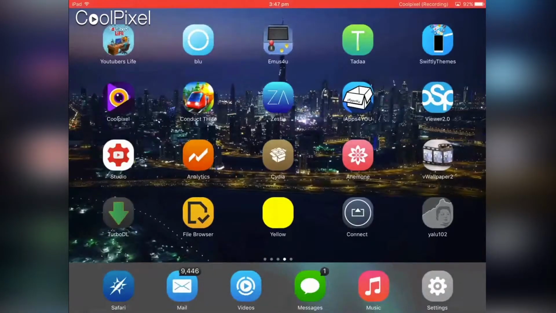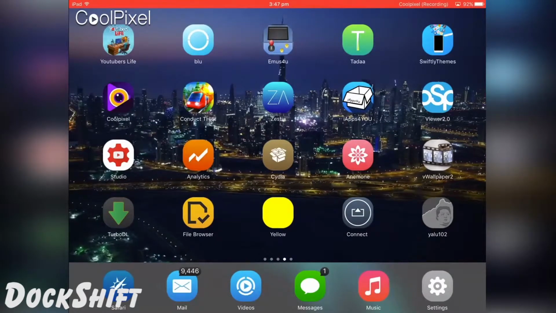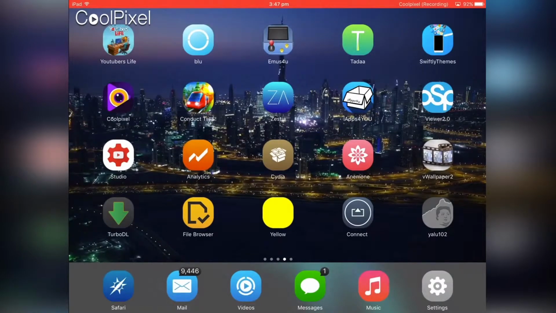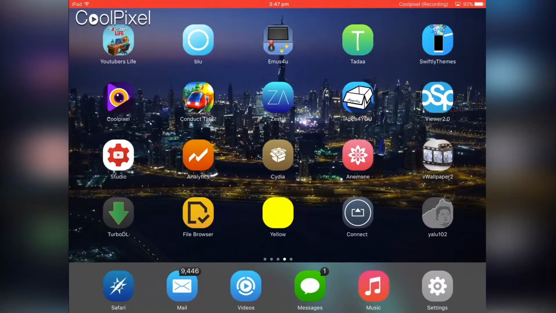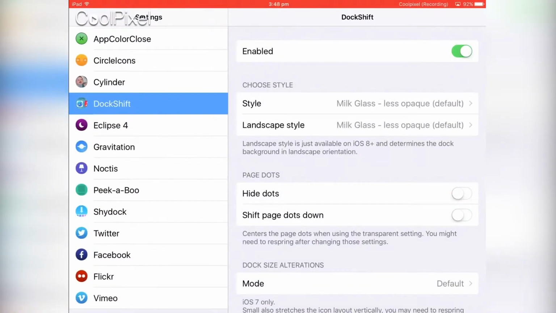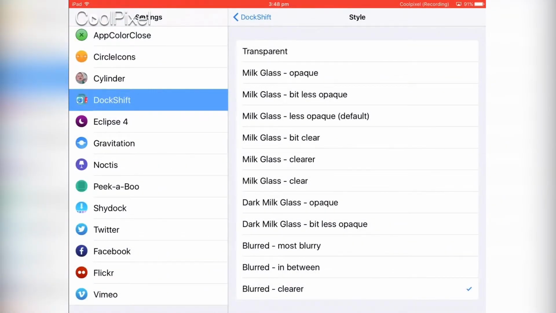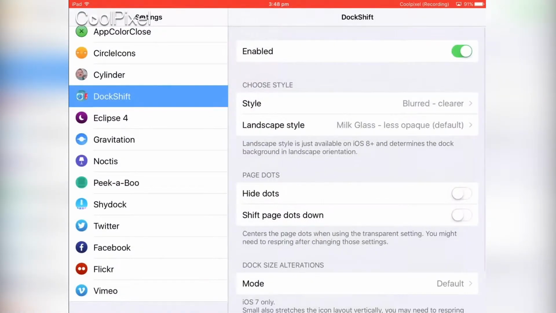Now this one is called DockShift. Now what it does is you've got a colour on your bottom of the dock to separate it from everything else, right? So on DockShift, it allows you to change the colour to anything you want, right? So if you come into settings, you can choose a wee style, right? It's got like a milky glass but clearer, right? So it's a wee bit clear, right? Or you can come to blurred and clear, right? I think you might have to respring to get it. I'm not too sure,